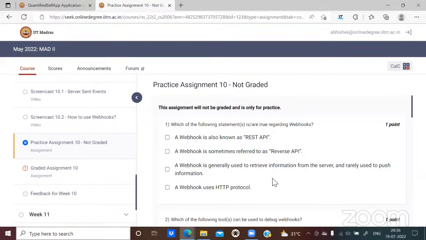So what do you think? Which options are correct? So webhook is a push API, so the second option makes sense. It's a reverse API. So why do you think we call it a reverse API? Because we are pushing the content. Generally, we pull the content with the help of API. Exactly. Yeah, that's a good point. So